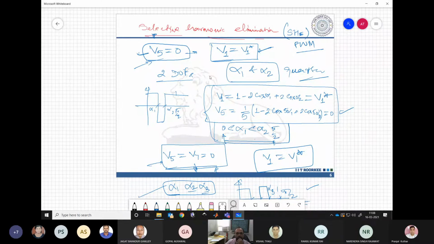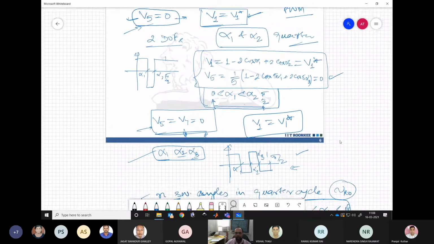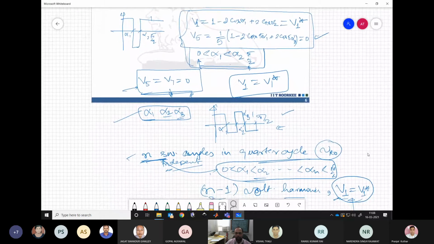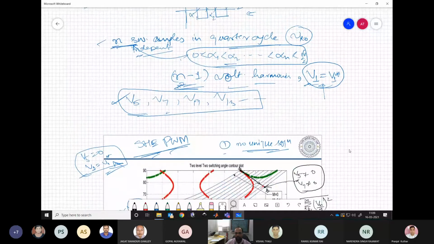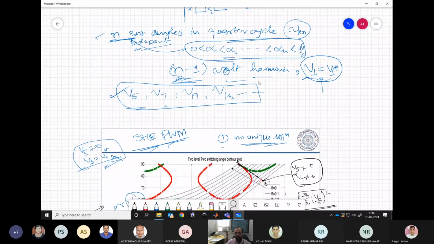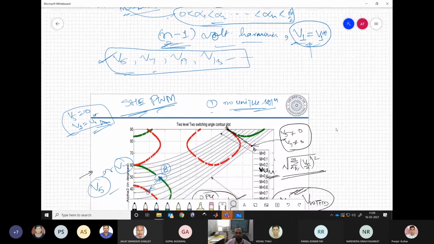So we are trying to have one voltage harmonic which is present in the line to line voltage. We are equating that to 0 while maintaining our fundamental component. So we are not concerned about the triplen harmonics and all, because those are anyway getting cancelled in three-phase system when we have balanced three-phase pole voltage. So this is where we saw how we can eliminate, and we saw that in general, if we have n switching angles per quarter, which are the independent variables in the system, we can get rid of n-1 voltage harmonics in the line-to-line voltage while maintaining the fundamental component at the desired level.